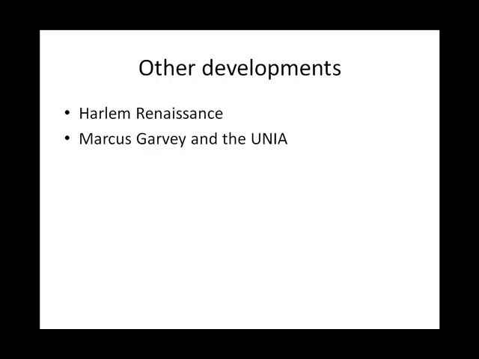Garvey sets up his organization, the Universal Negro Improvement Association, in Harlem, and he chooses Harlem because he recognizes that the Great Migrations have brought large numbers of African Americans into this kind of concentrated area of New York City. He also recognizes that in Harlem there's this great renaissance developing in the 1920s, with a literate population able to exercise its freedoms, and these great writers and singers and artists of the Harlem Renaissance.